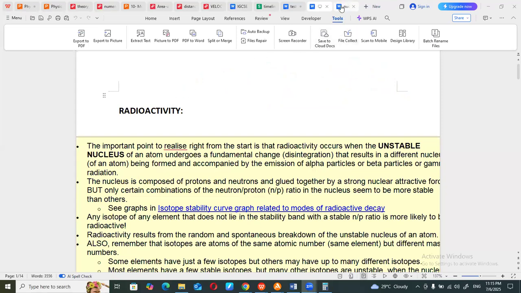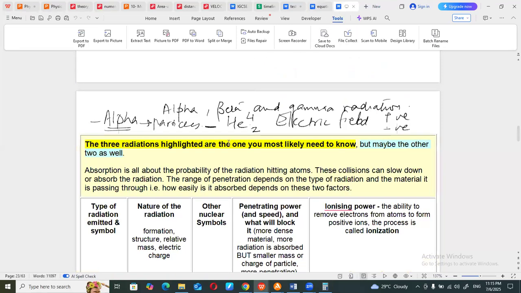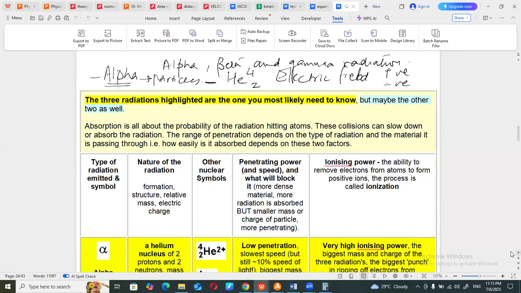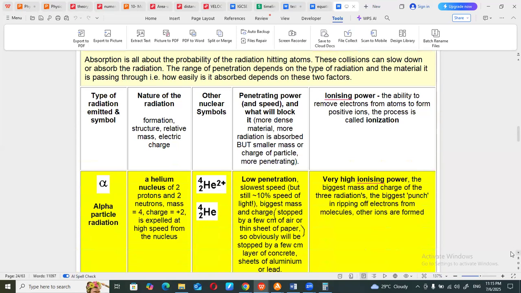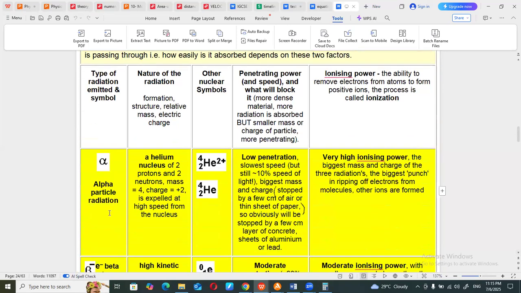To study that, what we have found out is that there are three kinds of radiations emitted from these radioactive substances, which are called alpha, beta, and gamma radiation. So what are those? Alpha, which is the sign of it, beta, this is the sign of beta, and gamma radiations. We do call them particles as well. Now, let's talk about the alpha particles first.